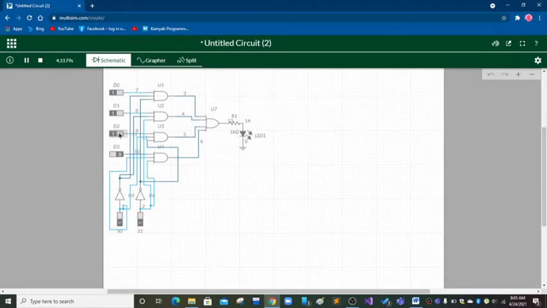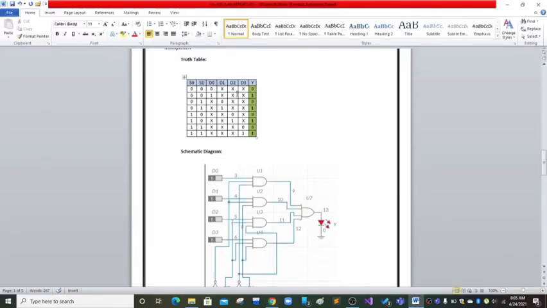It is our multiplexer, and here is the truth table of the multiplexer, which I have verified 2 to 3 seconds ago.